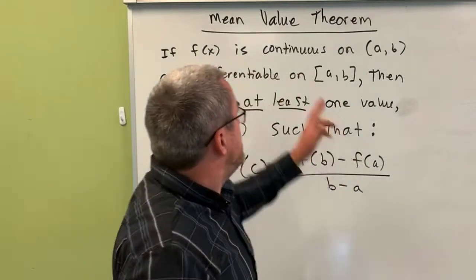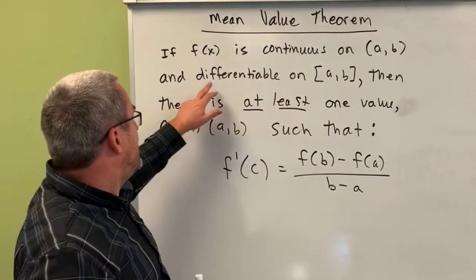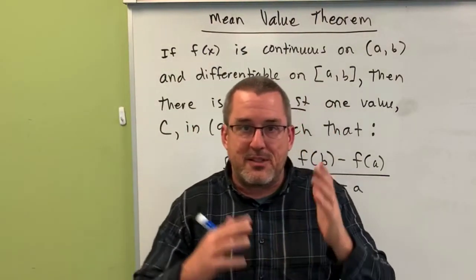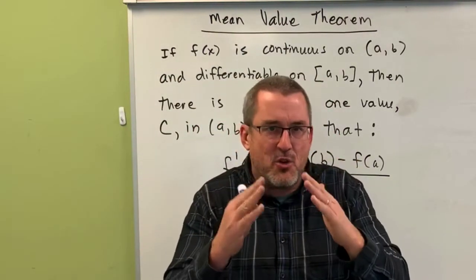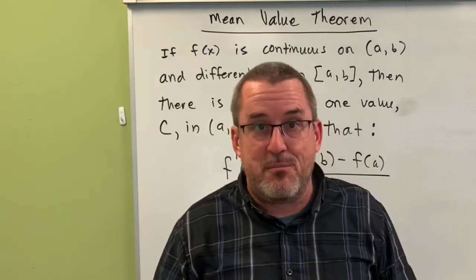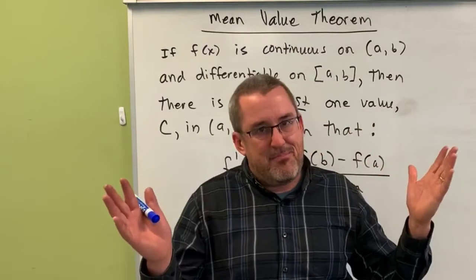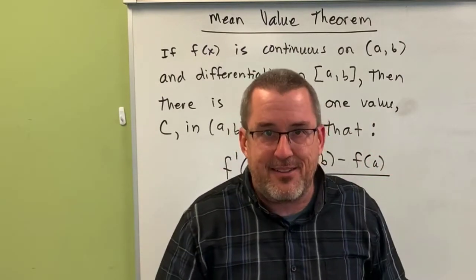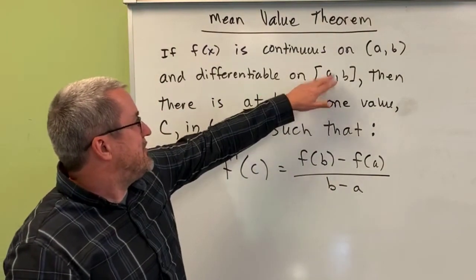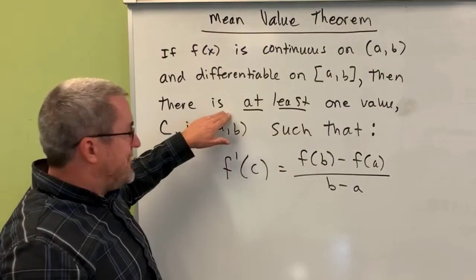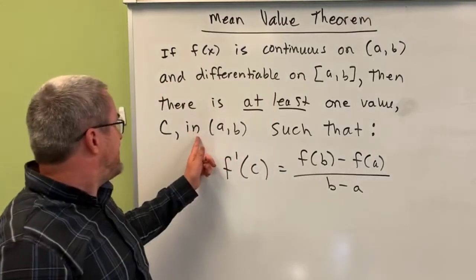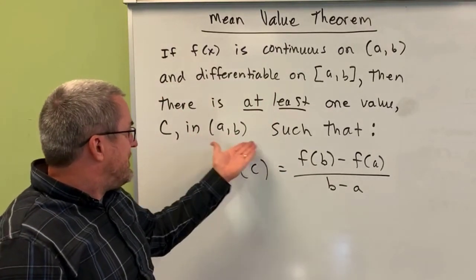As long as the function is continuous on that open interval and differentiable on the closed interval. So differentiable is this idea, there's no cusps, no sharp points. We can actually compute a derivative by taking the limit from both sides. So basically we're saying there's nothing funny going on. We have a nice behaved function on the closed interval and open interval a to b. Then, guaranteed, there will be at least one value that we're going to call c within that interval such that,